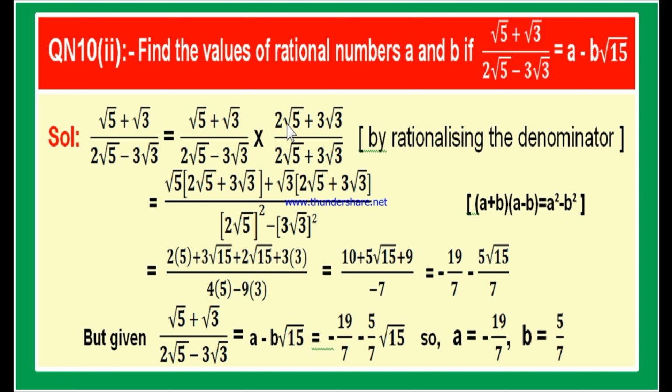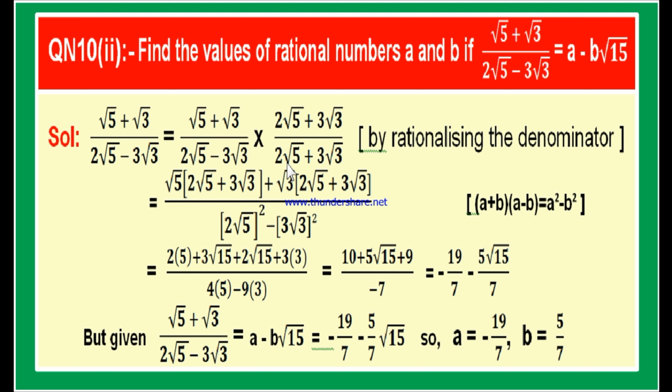Therefore, first of all, let us multiply the first term of the first numerator with the total second bracket, that is √5 into (2√5 + 3√3), plus the second term of the first numerator into the total second numerator, that is √3 into (2√5 + 3√3), divided by,